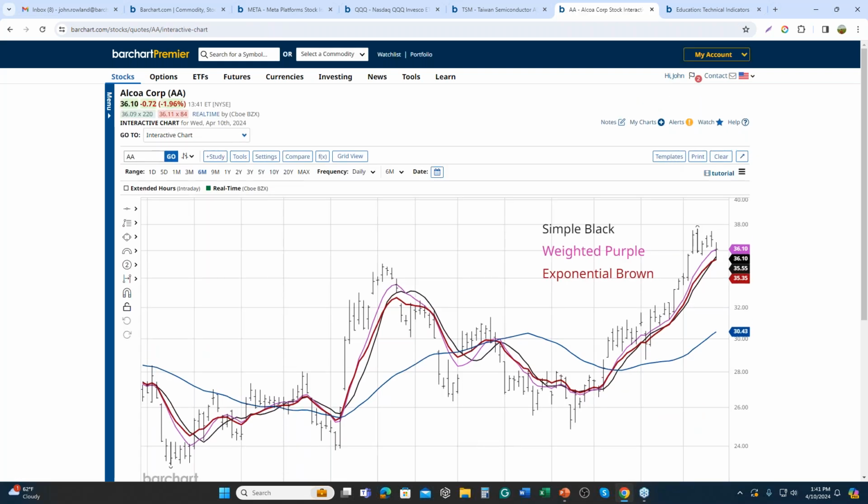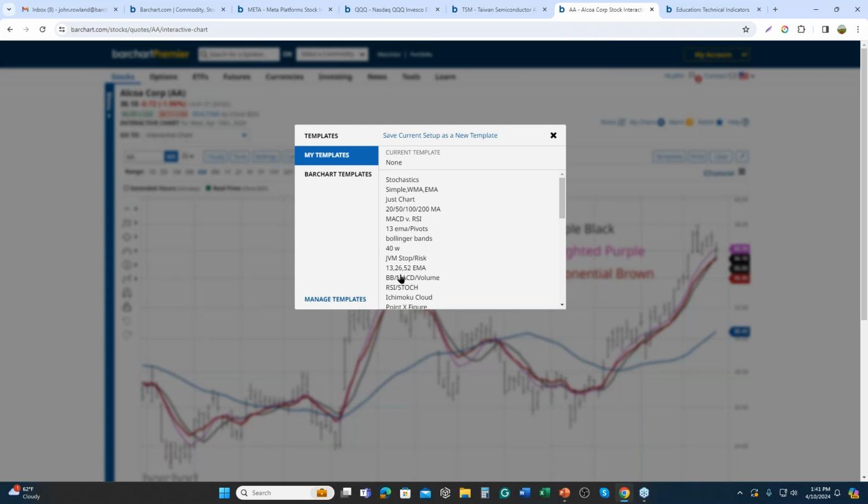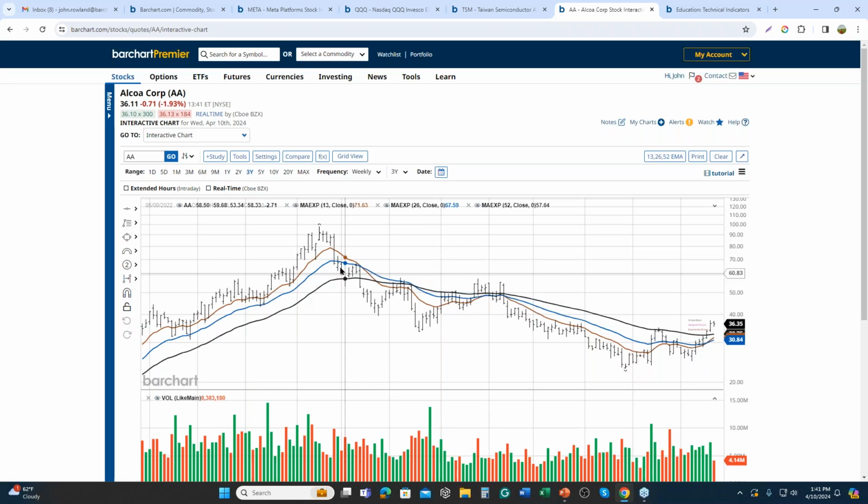And under templates here, I have a template of my own, which I use, called the 13, 26, and 52 EMA. Now, if I put that up, you will see that it brings me into a weekly chart. Well, what does 13, 26, and 52 represent at a weekly level? Well, 13 weeks is one quarter, 26 weeks is half a year, and 52 weeks is a whole year. Again, this gives me that big picture, trend identifying